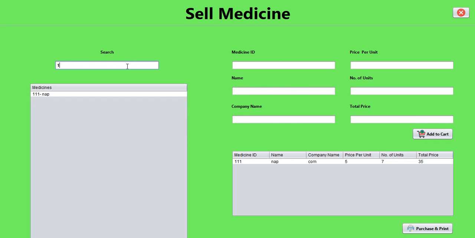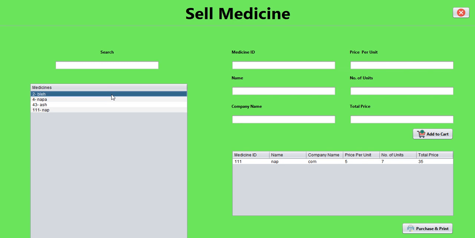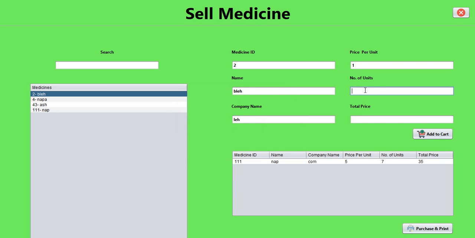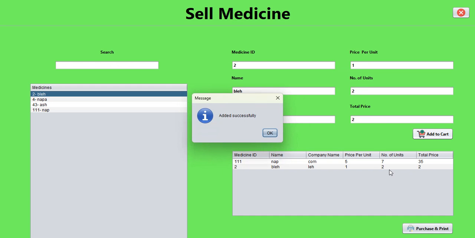Now I can choose in a different way. I can select from the medicine here. Let me select this one and let me provide the number of units as 23, and if I try to add to cart here, it will show that the medicine is out of stock, only 7 left. So I cannot buy this amount, so I have to decrease it. Let me provide 2, add to cart, and that is successful, and the total price will appear here in the